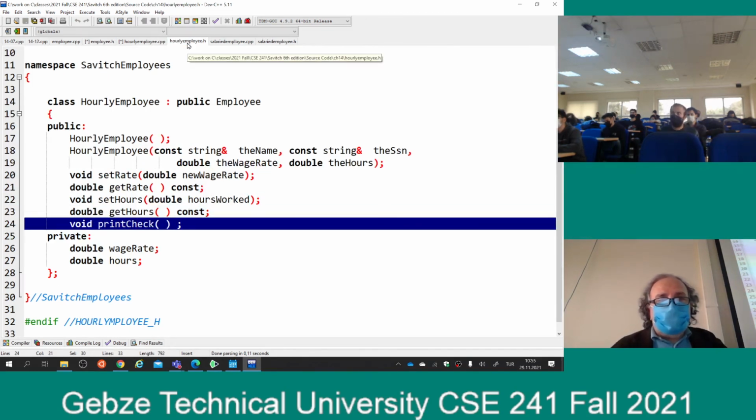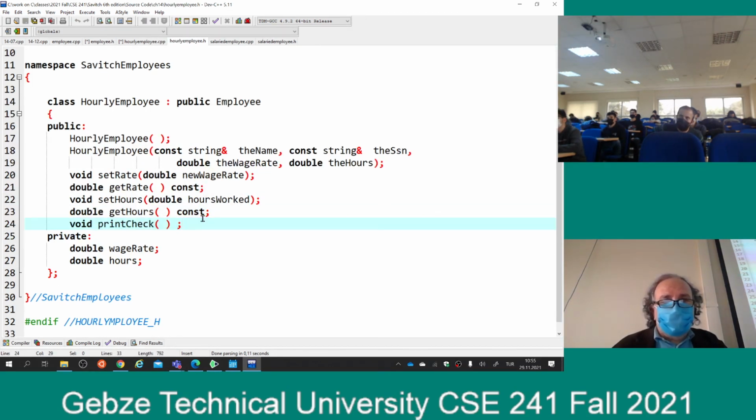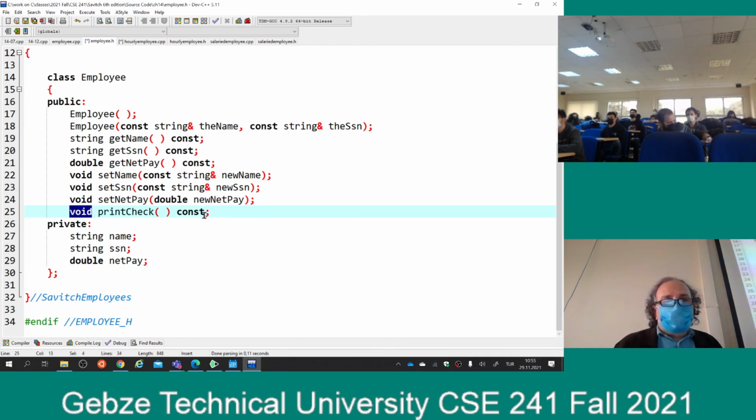In our next chapter, we are going to say that this print check doesn't make much sense to implement, so I am not going to implement it. This means that I will not implement this function because it's meaningless for this class employee. But it is meaningful to have in my interface so that